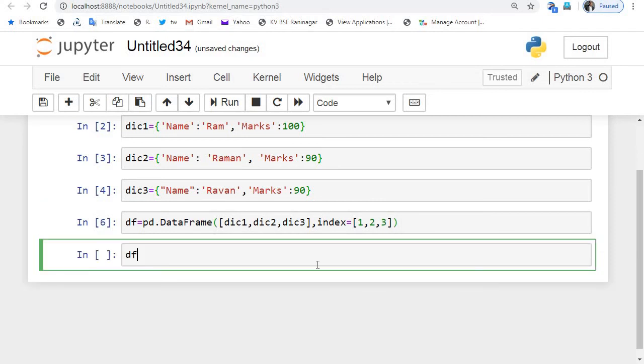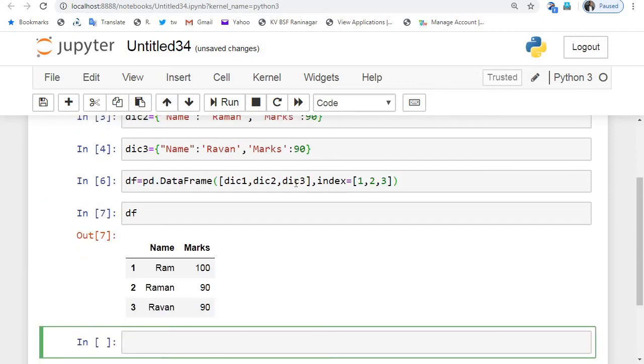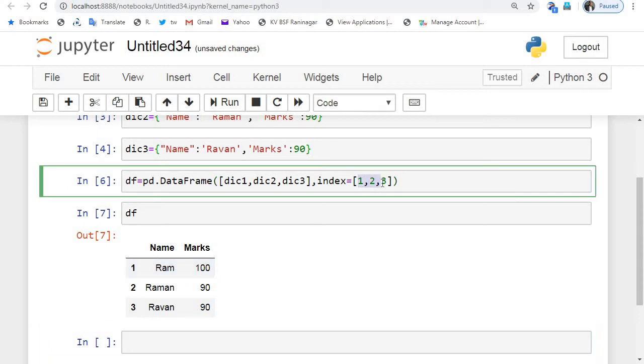Now the data frame is created and you can see the column names are taken from the keys of each of the dictionaries. Their corresponding values are assigned in each row, and the indexes are 1, 2, 3.